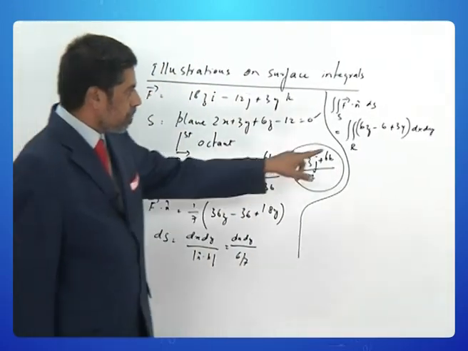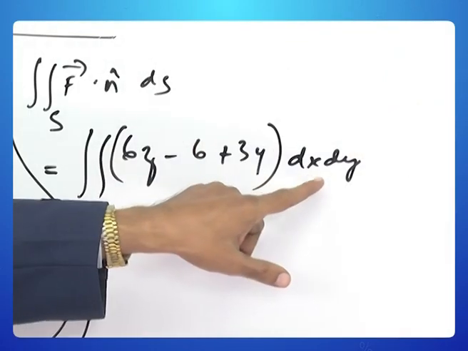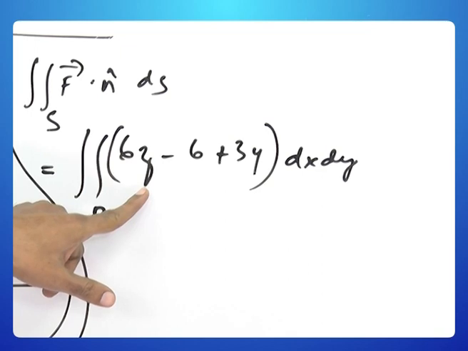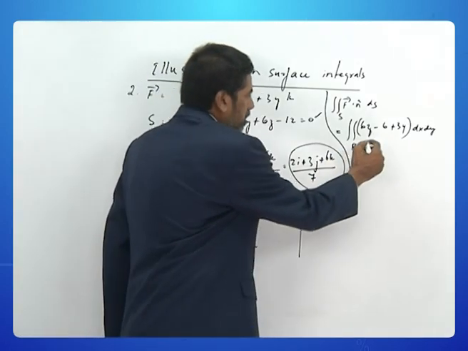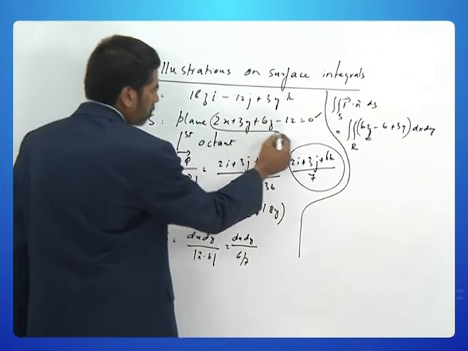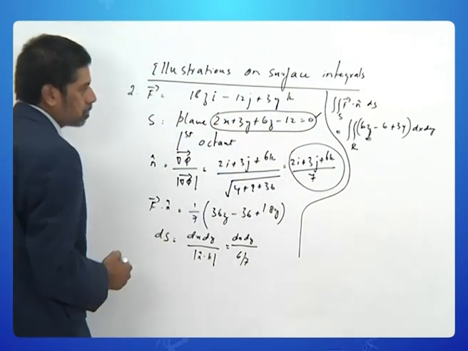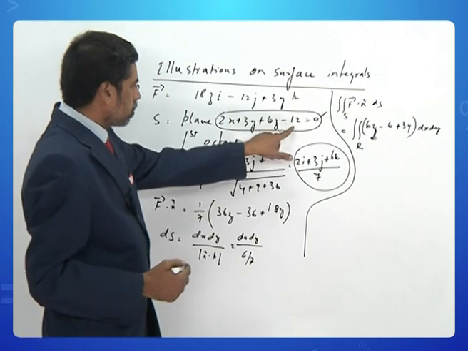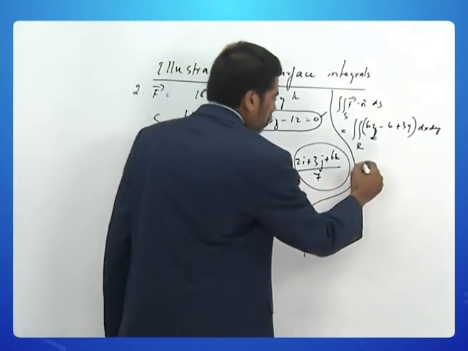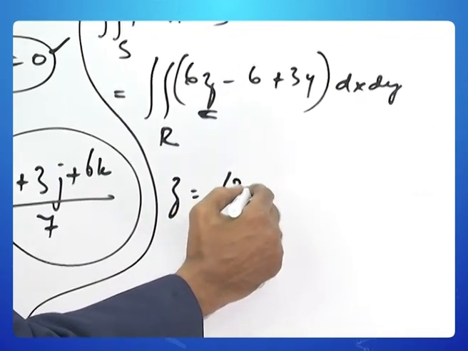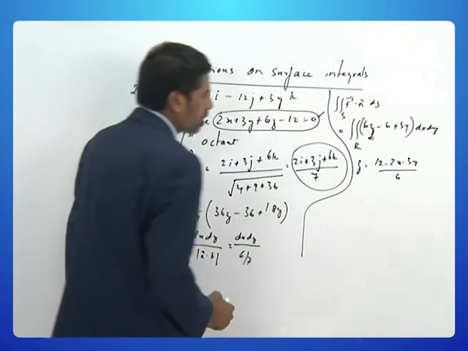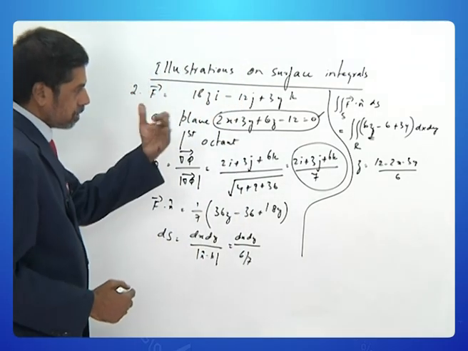The problem is, in this projected plane, the variable z should not appear. So what you do is, you eliminate this z using the equation of the plane. So you replace z with (12 minus 2x minus 3y) by 6. So z is equal to (12 minus 2x minus 3y) divided by 6. So if you simplify